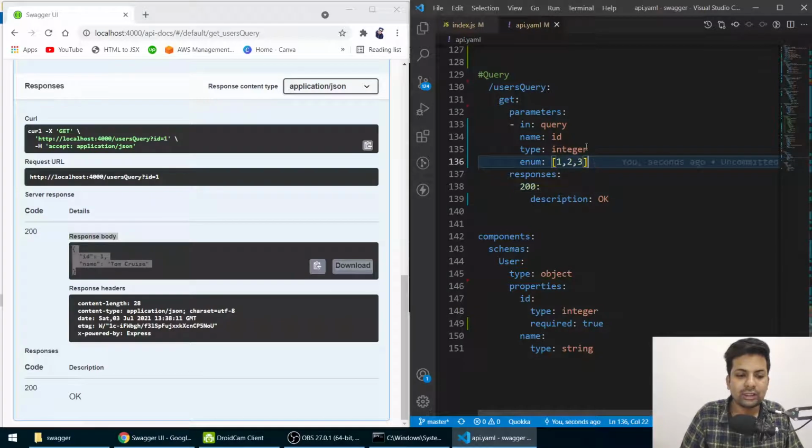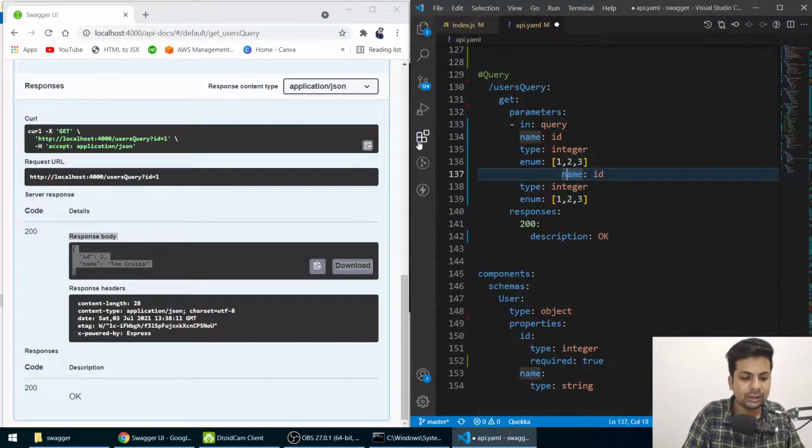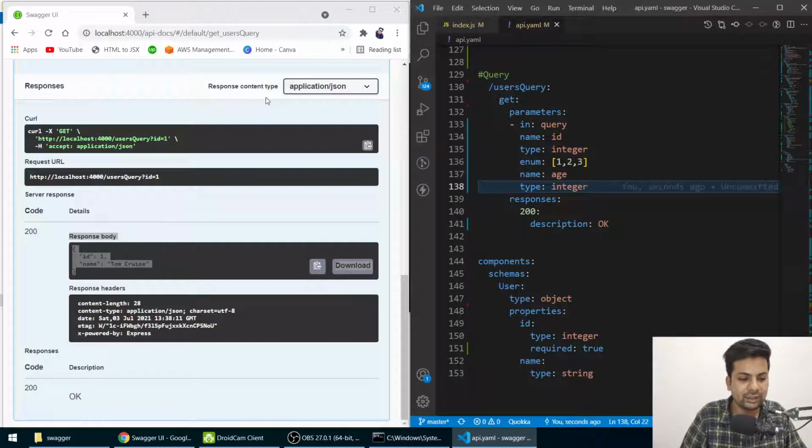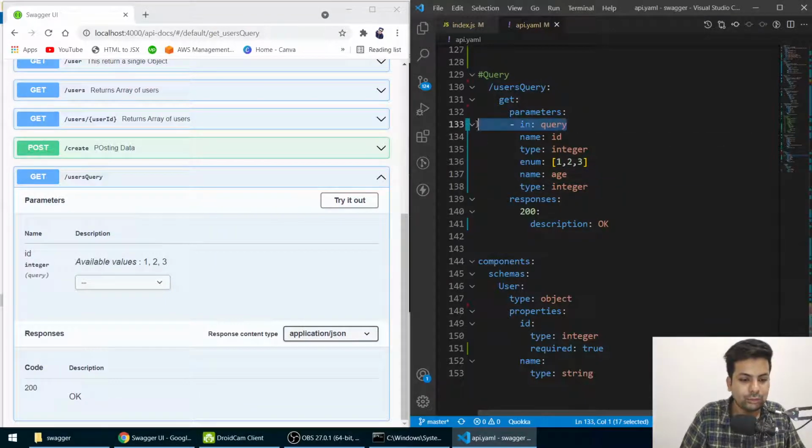And suppose you want to send some more data, just copy and paste here, same thing. Now what name do you want to give? I want to give the name as age. Suppose I'm giving age, it will be an integer, and enum is not needed because age can be anything. So if I save it, you have to write the query also again.